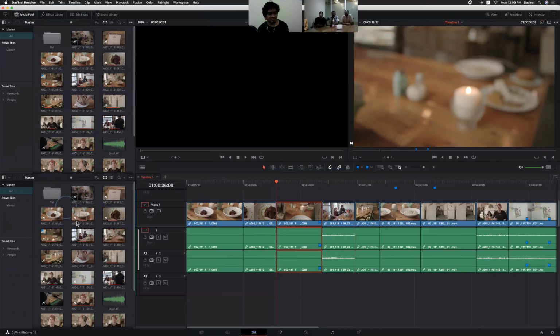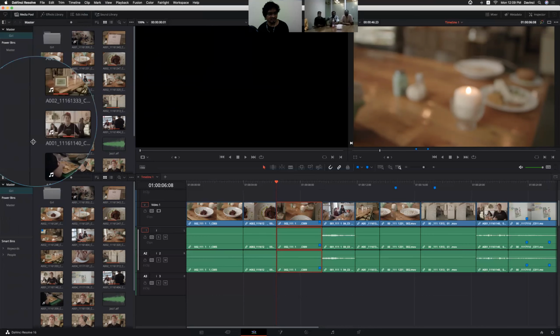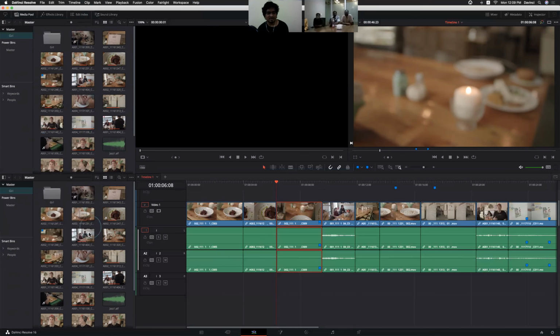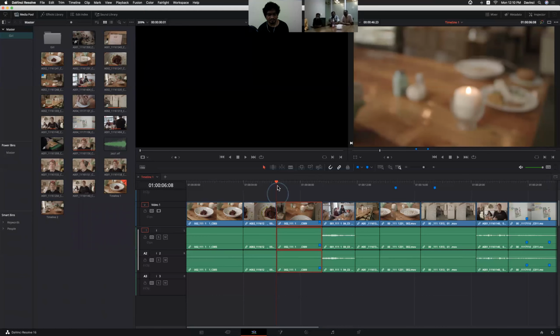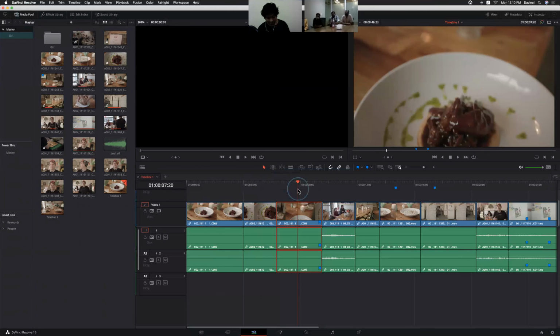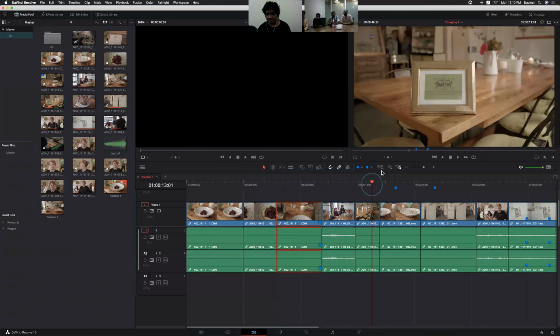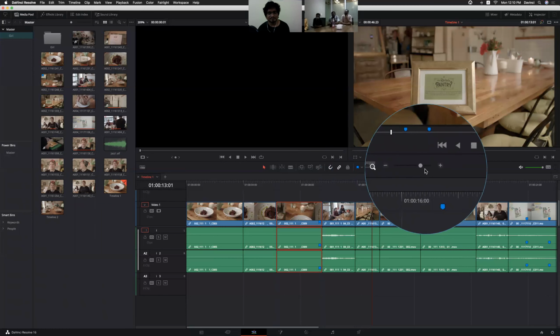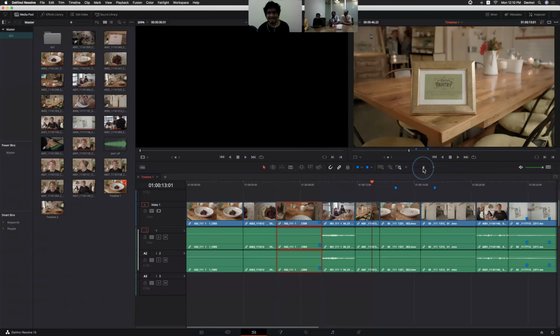So you can see now we have two media pools, so that we can organize our rushes with a kind of flexibility, right? So, dual pane mode. And yeah, we have already seen these options, the zoom in, zoom out, and track height selections and everything, right?